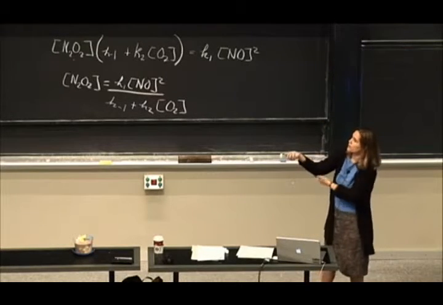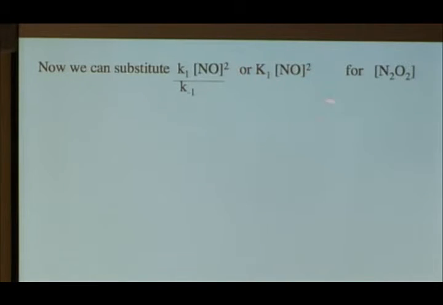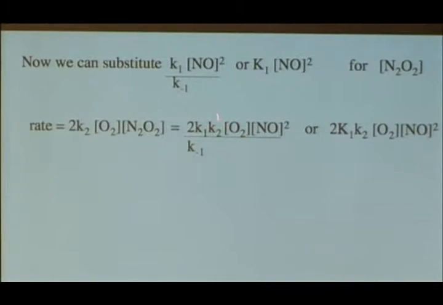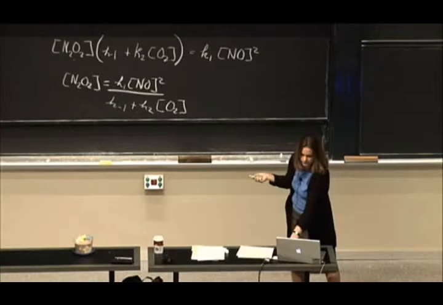Now we can go back with our simplified expression, and we can express it as rate constant k1 over rate constant k minus 1 times NO squared, or we can write it as the equilibrium constant 1 times NO squared. We can plug that in, solving for our intermediate. If we put that back into this expression, we have the 2 k1 k2, we have our oxygen concentration and our NO squared over k minus 1, or we can have equilibrium constant 1 with our k2 and our O2. And now